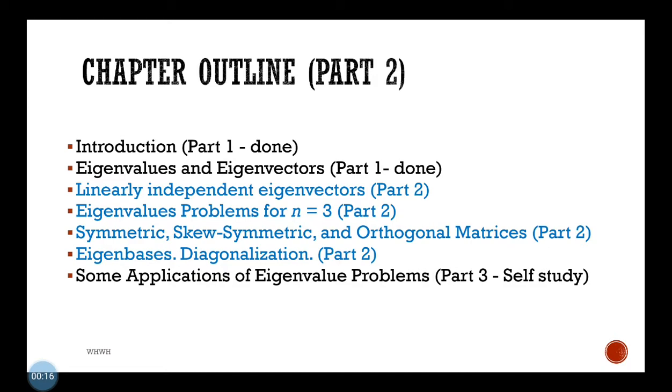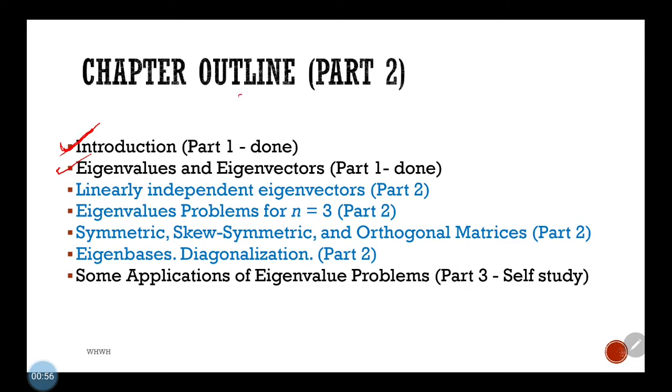Following what we discussed last week, now we are in chapter 1 part 2. Basically, last week we finished the introduction, part 1, eigenvalues and eigenvectors. I expect all of you know how to find the eigenvalues and also the eigenvectors. If you remember, during our synchronous class, we discussed the 9 properties of eigenvalue problems,